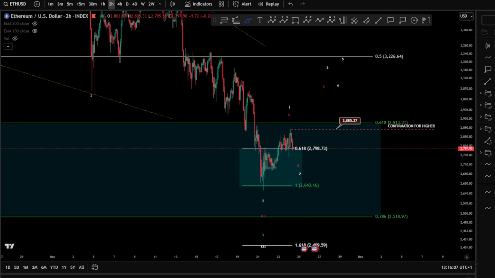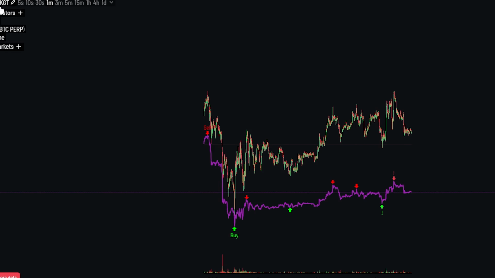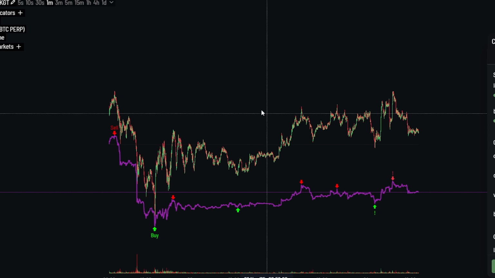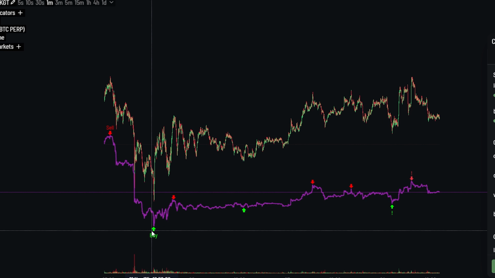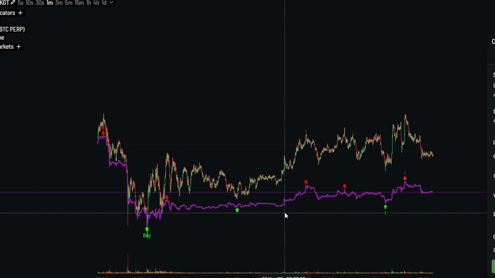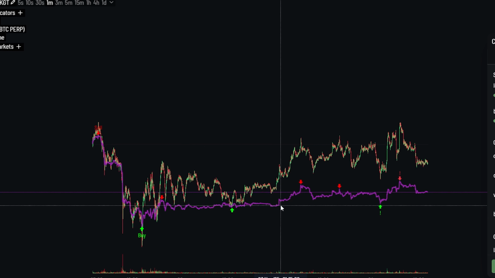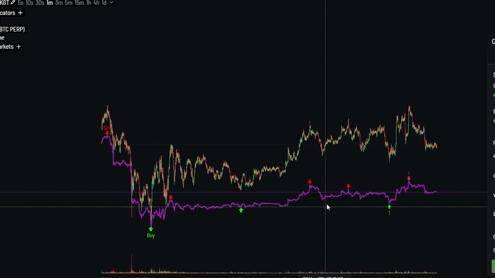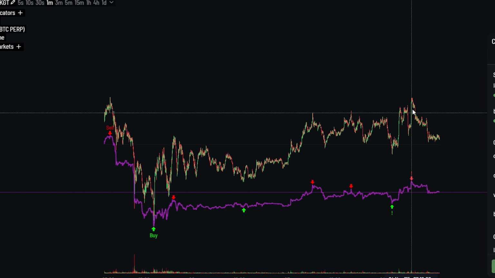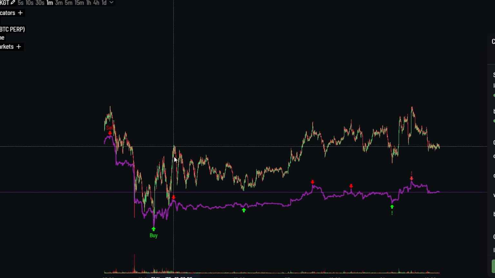If we take a look also at KGT for Ethereum, on the 1-minute chart here, and of course with the maximum strength for the signals, we can see that we got a buy signal from there, and we start to see another buy signal, with kind of an open price toward the upside within the signal as well. We can see also here a potential divergence between the price and the bullish signals, and we see continuation toward the upside. Regarding the bearish signal, we can see that we got the first one there,